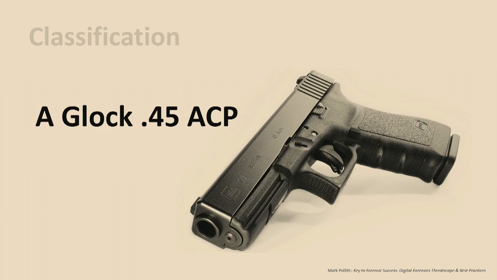So oftentimes we can tell, by the markings on the bullet, the weight of the bullet, the diameter at the base of the bullet, we can put that into a group or class, right? I can say that bullet is a 45 ACP. That is a class. It's a group. It's 45 ACP. It's not 9 millimeter. It's not 22. It's not 5.56. It is 45 ACP. Again, I determine that by the weight, the diameter of the bullet, the base, that kind of thing. So that's a class.